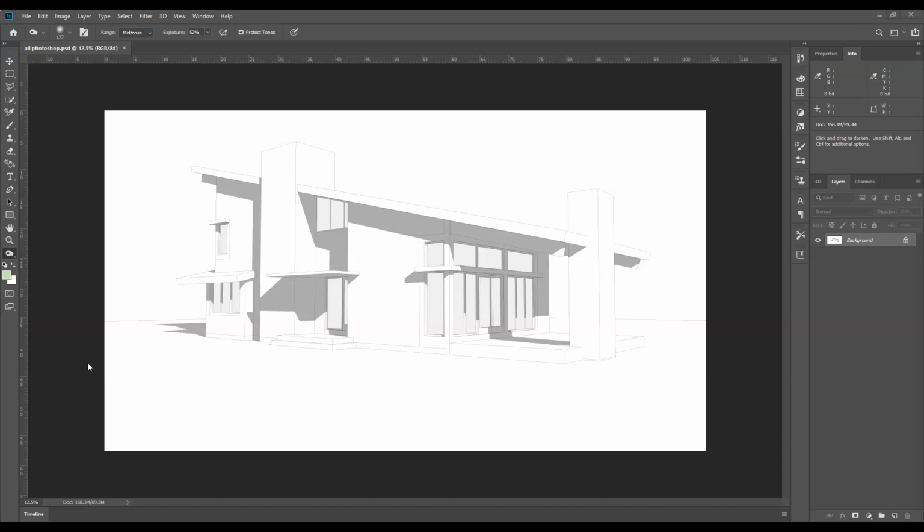And actually, before I even get into the sky, there's a few things I'll have to do to the layers just to prepare this drawing. You'll notice that it comes in as a background layer over here. That means we can't edit it. We are going to have to do a few things with this. So it's not too much of a problem. We'll get going. The first thing we're going to do is make a new layer for my